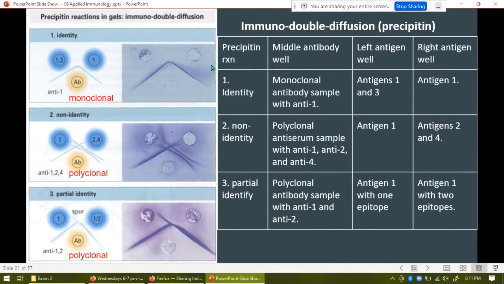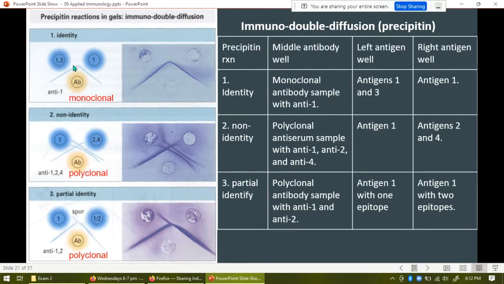Another technique is called immunodouble diffusion. More commonly, this is referred to as the precipitin reaction. The precipitin reaction, okay? This is one of the earlier immunotechniques. So the way that this works is you have antibodies in a well, and you're looking at an agarose gel